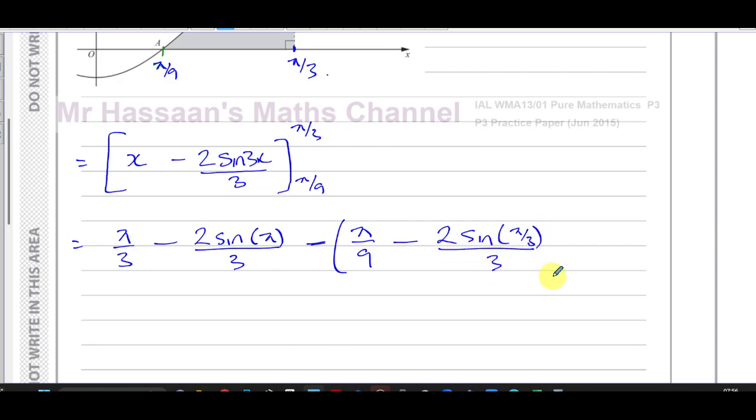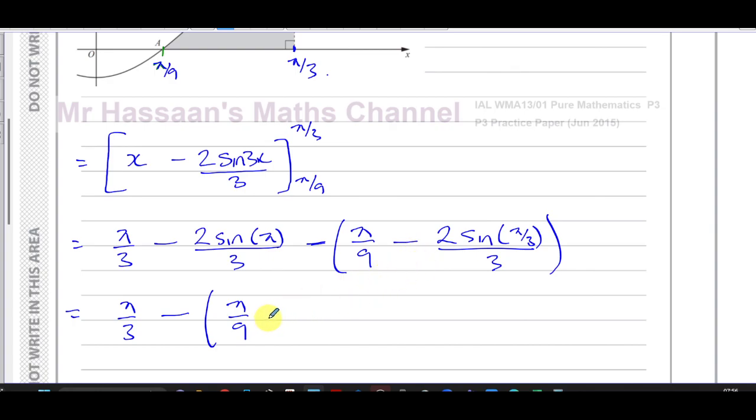That's divided by 3. Okay, so here we have pi over 3. Now the sine of pi is 0, so that becomes 0 minus, and then I'm going to have, let's keep it in the bracket for now. You have pi over 9,